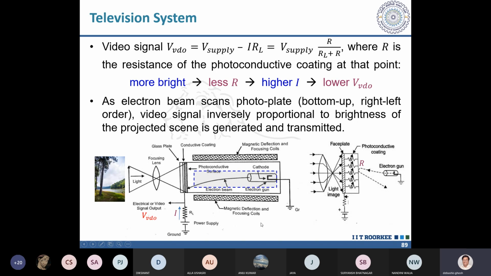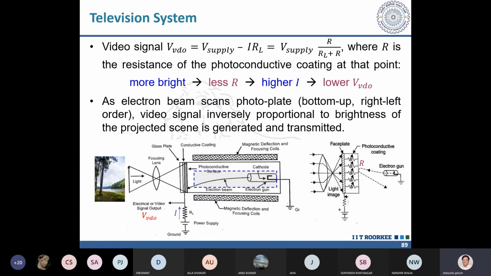See, I have given a simple relation, although it's not so simple, but it is just for your understanding of how the video signal is produced. I have given a simple modeling of the things. The circuit is not so simple, but I am just giving you a simple circuit modeling so that you understand it easily. It is happening more or less like this, but it is not actually so. It is not that R is exactly so. Okay, it is just a simple modeling.